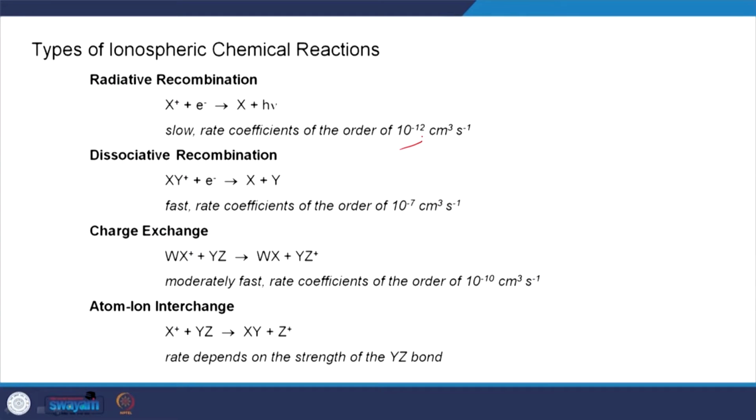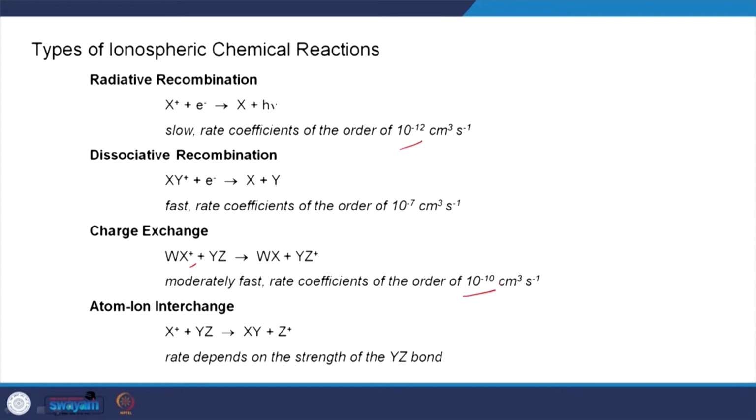Dissociative recombination, on the other side, is a very fast reaction. So, it can take care of the electron densities in a very small amount of time. In it, a molecular ion combines with an electron to dissociate into the individual atoms which constituted that molecule. Charge exchange is the reaction in which the positive charge is transferred from one molecule to another molecule. This reaction is also very fast, with a typical reaction rate coefficient of 10 to the